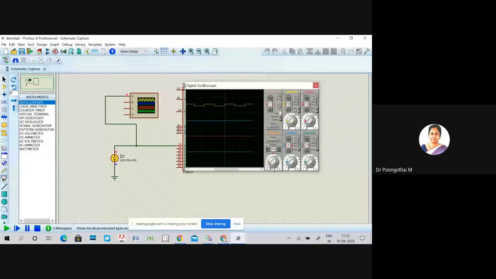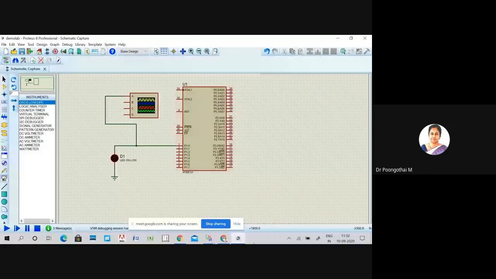In this way we can check our schematic design. Any doubts? You can vary the time interval and also the amplitude. Any doubts regarding this application?